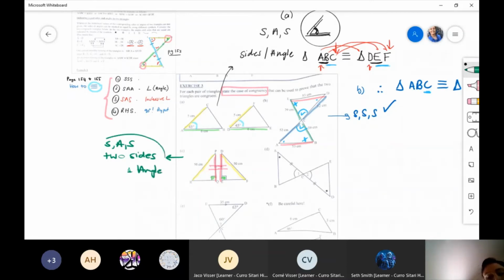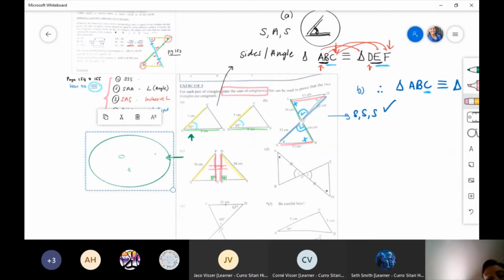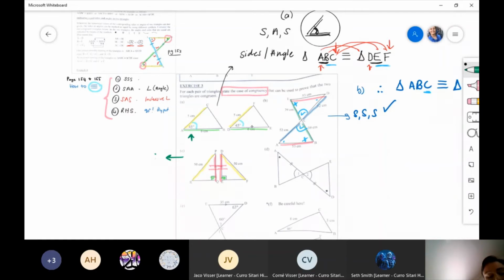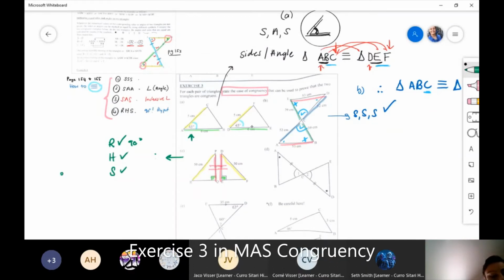But is this true? This is not true for this one because it does not include an inclusive angle. It is not like the one where we had side, inclusive angle, side. So no, I cannot use that. I will erase that and go back to what I should have looked for. I should have looked for the idea that I could possibly be working with scenario number 4 now. This is a nice example of how we define the difference. Have I got a right angle? Yes, I've got a 90 degree. Have I got a hypotenuse? Yes. Have I got a side? Yes. Therefore,